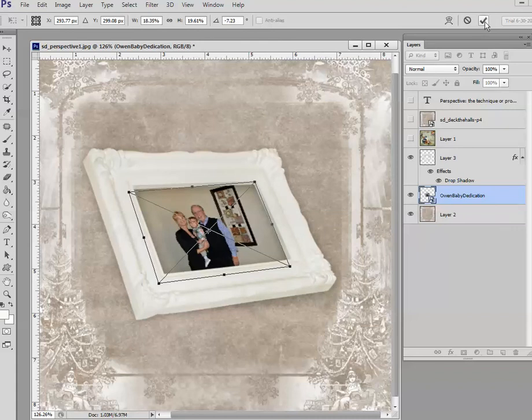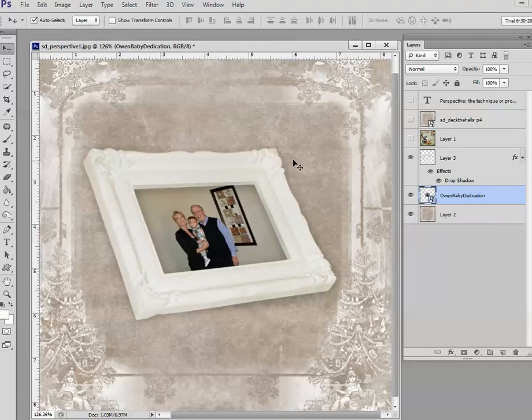So I hope that this has been helpful for you. I hope that it makes putting perspective on your objects much easier than you've had it in the past. And next week we're going to take a look at how to easily and quickly replace this picture and keep the perspective so you don't have to do all of this